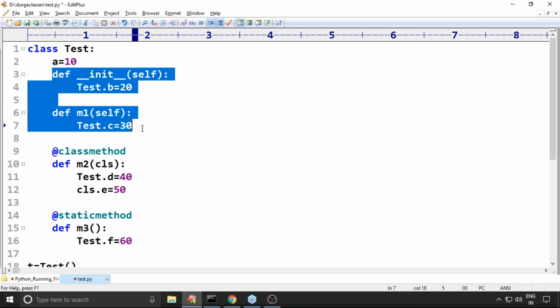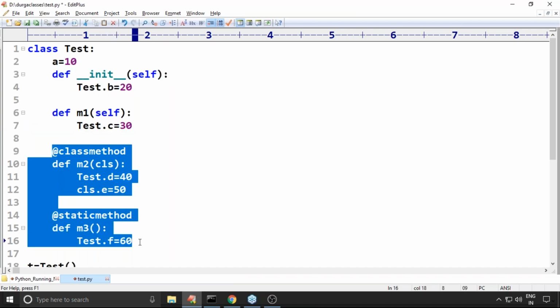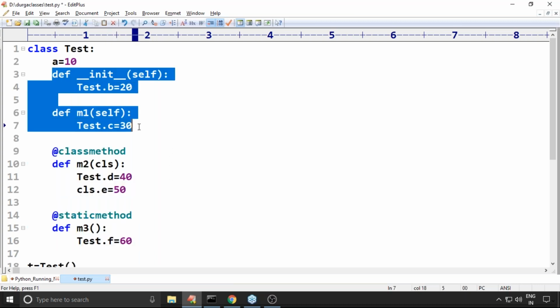So the self variable is not available for the class method and the static method. Self is applicable only in these two places. Except that, you can't use it anywhere.